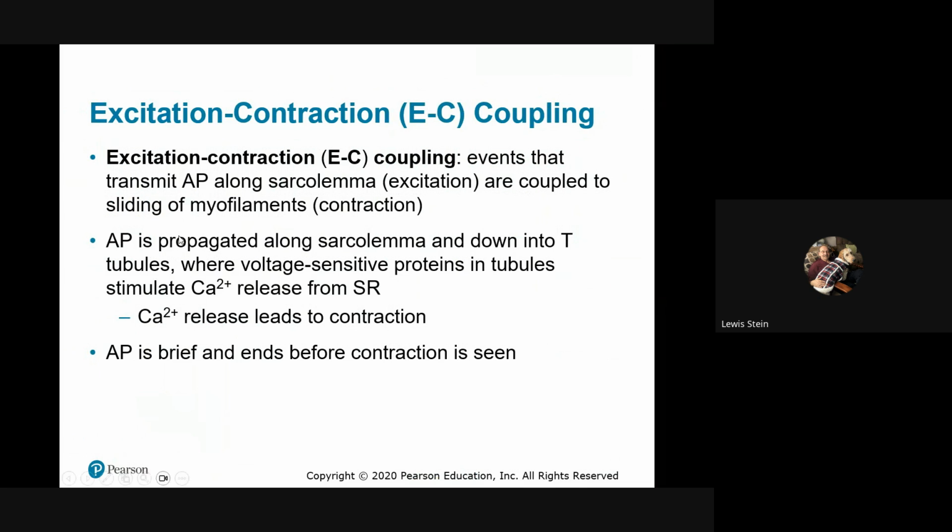So once the action potential is there and it propagates, which means it carries along the sarcolemma, which means the plasma cell membrane, it gets deep inside through the T tubules, and you'll see it again when we do a quick look-see and I narrate through that excitation-contraction coupling. This is test material coming up, not this test, but the next test. T tubules are part of the sarcolemma. They're junction points where they create that triad with the sarcoplasmic reticulum, which is really the smooth endoplasmic reticulum that has the calcium.